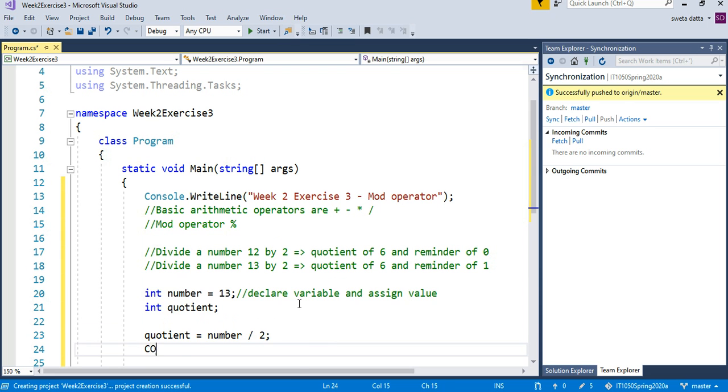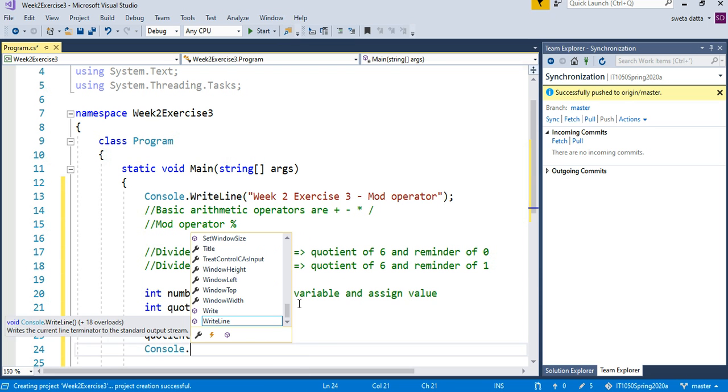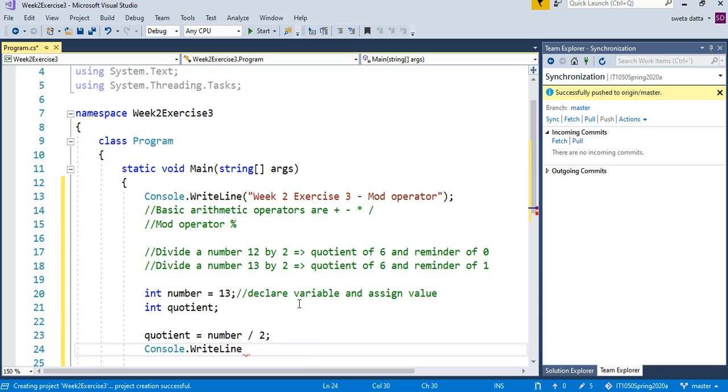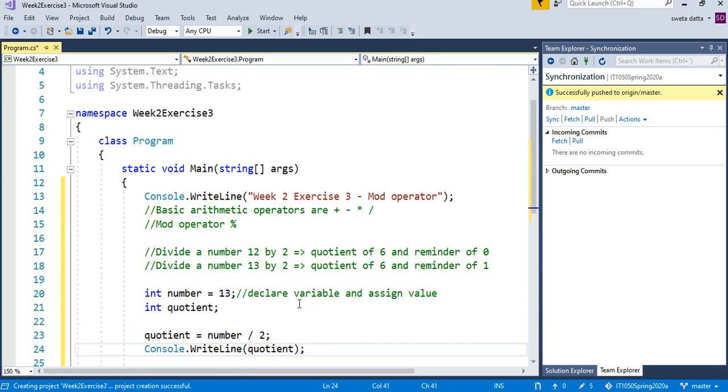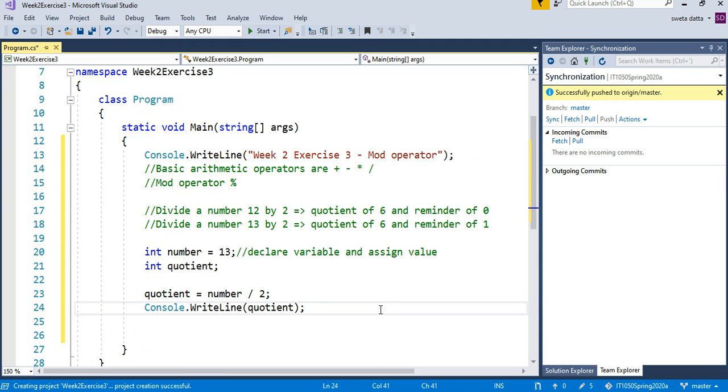Now let us display. We want to show what the quotient is. Then I want to do mod 2.